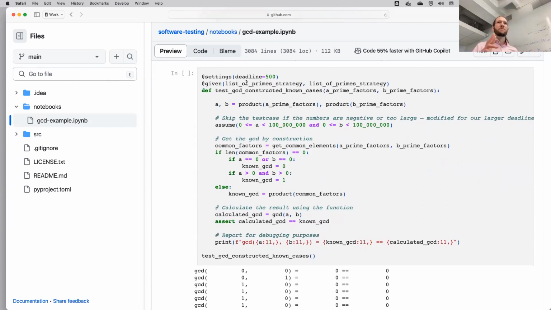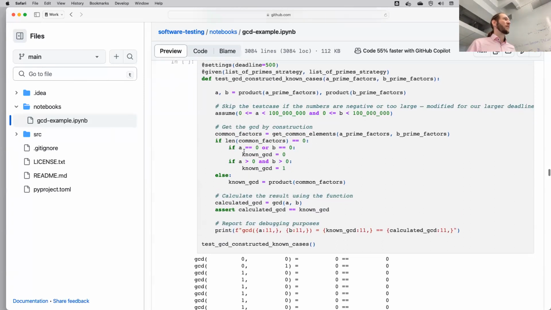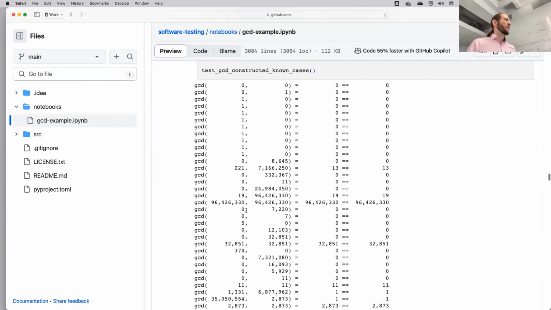In this case, to construct the correct results, we need to give it some lists of primes that may or may not have some common elements. And then we're just going to check that the values that we get out are correct for all of the values that we can think of. So if you have,